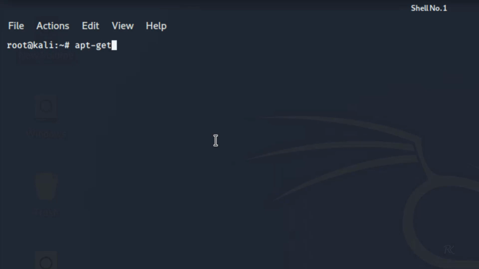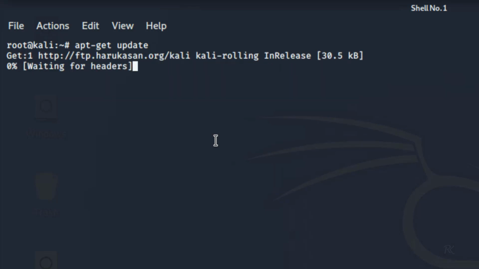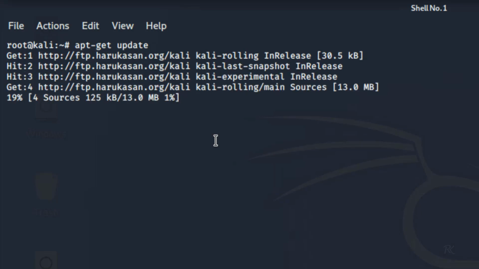The next command we will give is apt-get update. Keeping your software updated is very important because many times we get errors while running any software or tool. So every time you install any software you have to use this apt-get update command. It is very useful to keep your new tools and your system updated. I will not update it because it will take a lot of time. If you are not a root user, then you have to write sudo before every command. So let me show you.